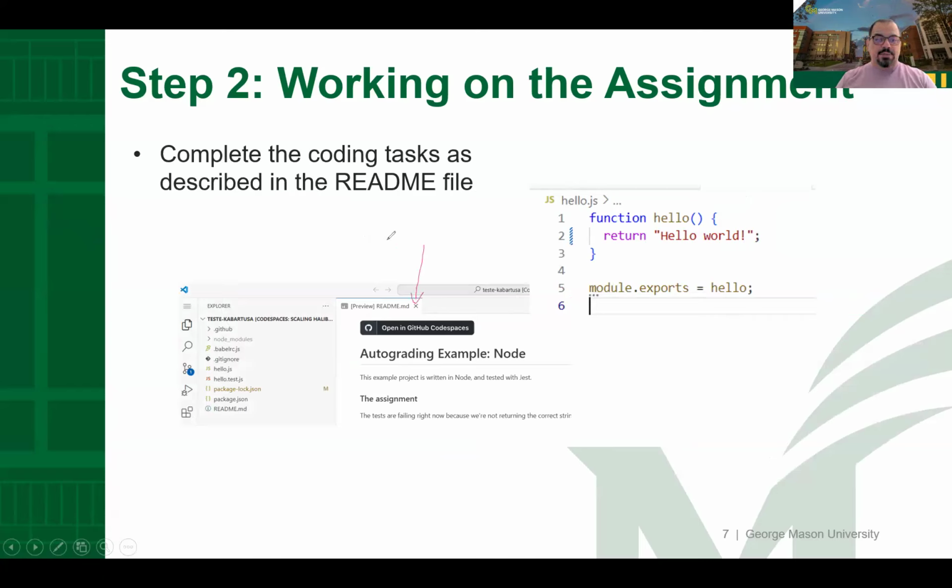the README file. The README file will have the directions step by step of what you need to do, including which code you need to change. For example, this exercise is a Hello World activity. You have this file here, hello.js, and here is the file where you need to solve the problem. The problem is that in the original version, you don't have this space and this word. In this case, you need only to insert this